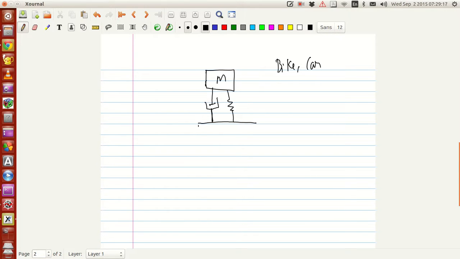Now, the suspension has a damping coefficient c, and this suspension has a spring mechanism as well, which makes it go up and down, whose stiffness can be given by the term k. Now by Newton's second law,